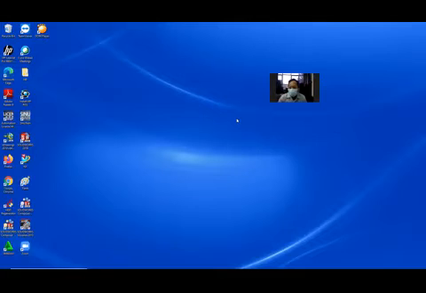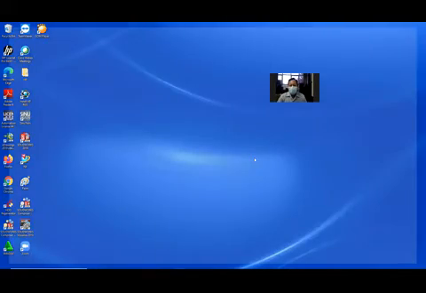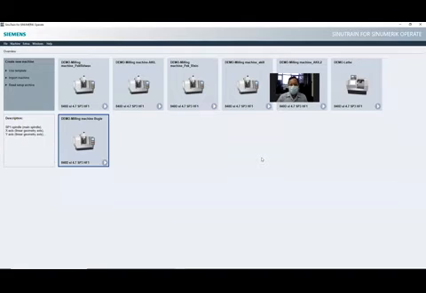Okay, everybody, we continue. To open the software, you need to click the Sinotrack and wait. You see the panel like this. At this time, if you want to delete a machine, you can right click and delete.